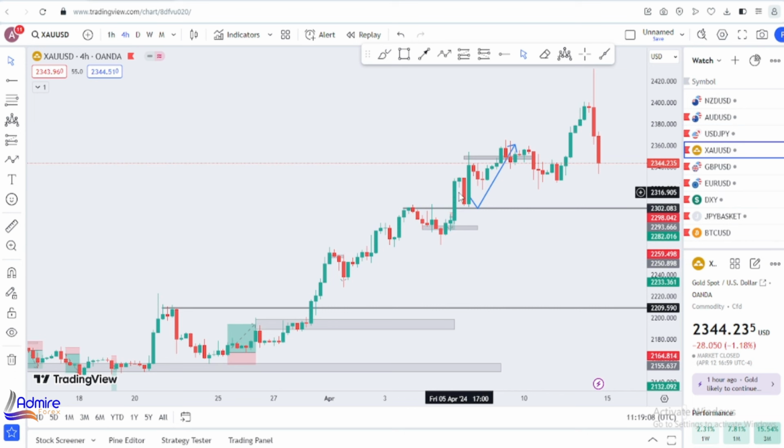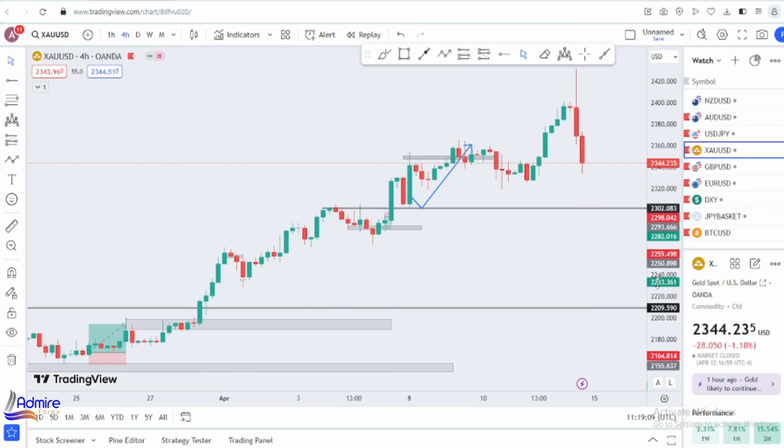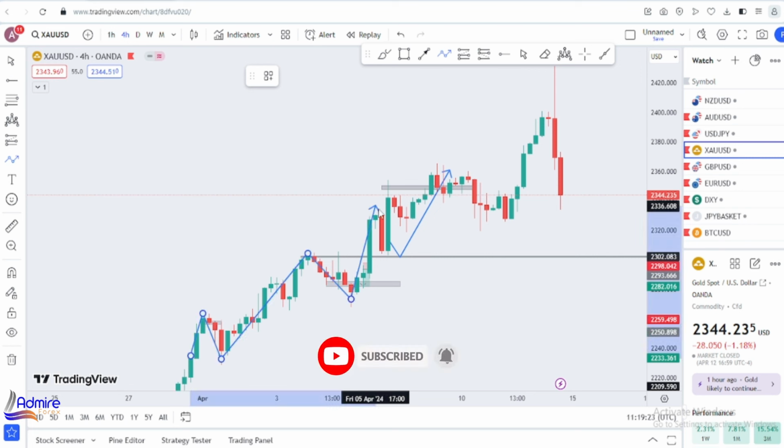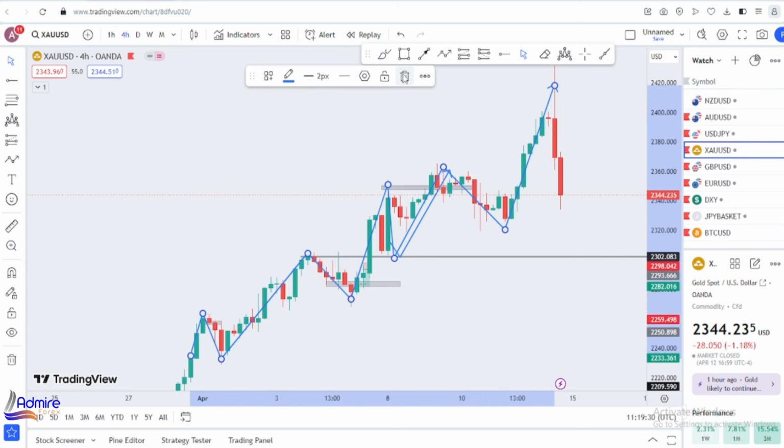Okay, somewhere around here, and we stated that we would love to see price come back to retest this level. Gold has practically been on an uptrend. Price has been creating higher highs, higher lows, higher highs, higher lows. That has been the formation in which price has been moving all the way to the upside. So we wanted price to come into this area and push continuations to the upside.